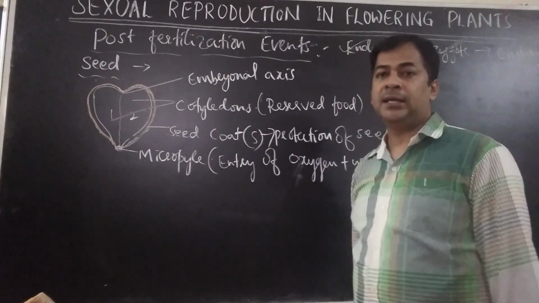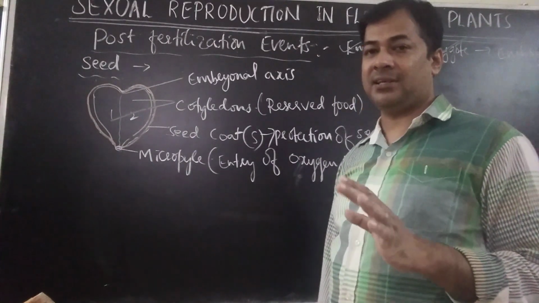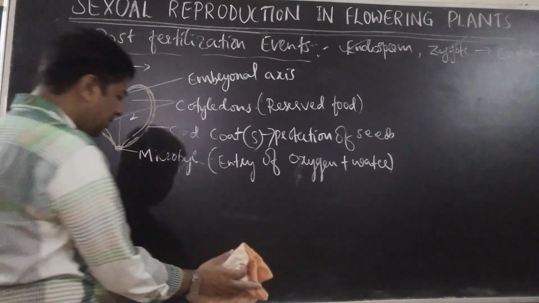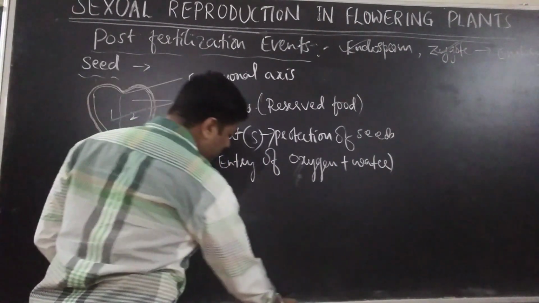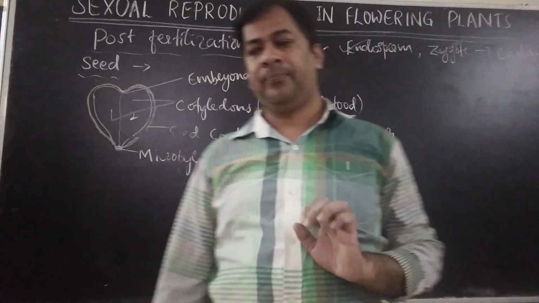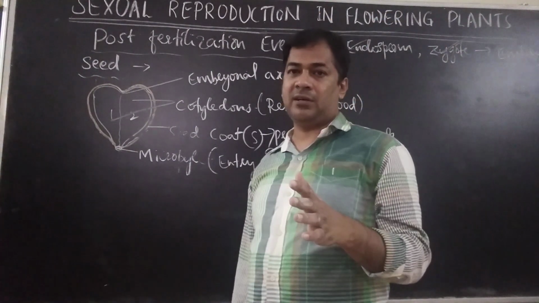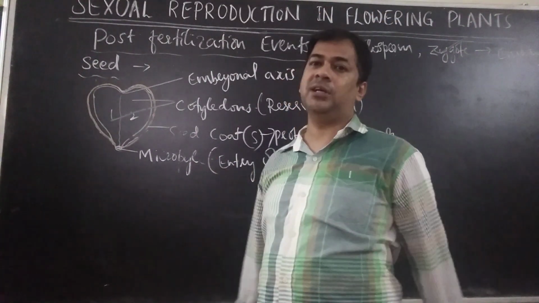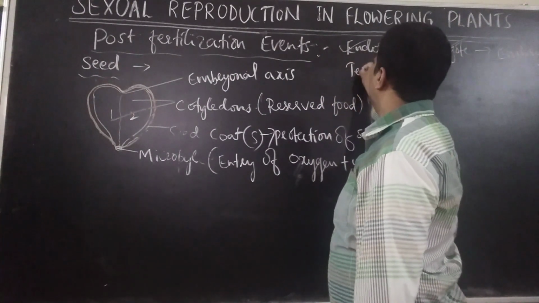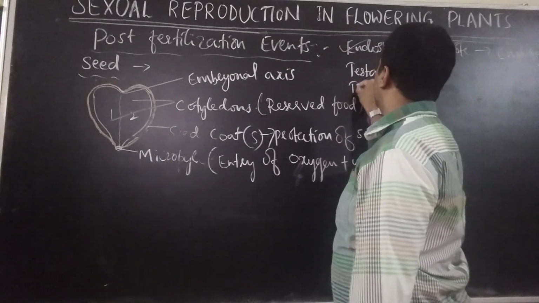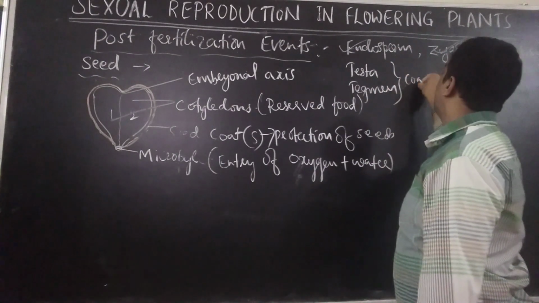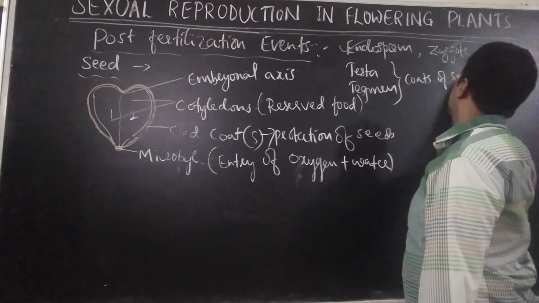Now let us see seeds of different plants, how they are different. You will see slightly different structures, but all these parts will be there. Then, what is not there in the textbook also, I will tell you in one sentence only. Two coats, two coverings, will be there in the seed. The outer coat is called testa, and the inner coat is called tegmen. Testa and tegmen are the two coats of seeds.